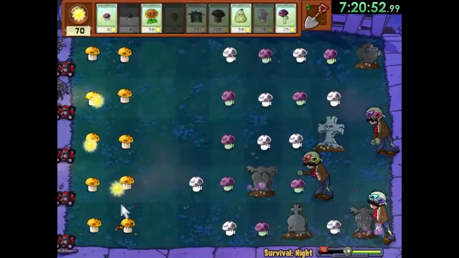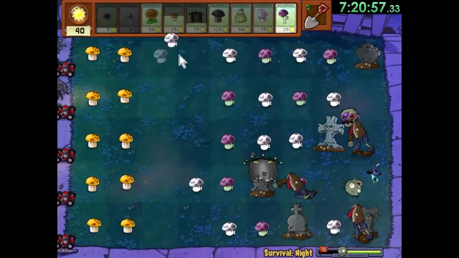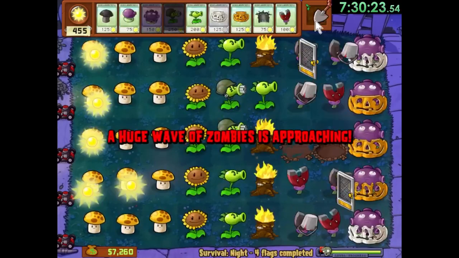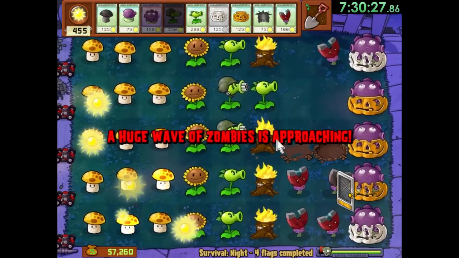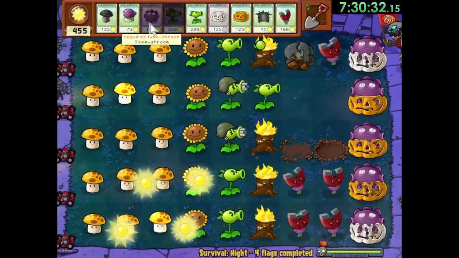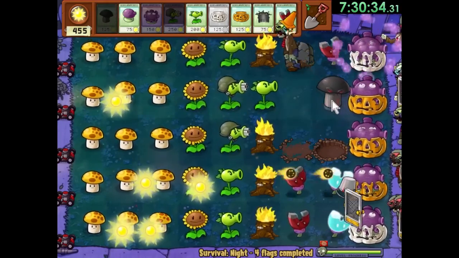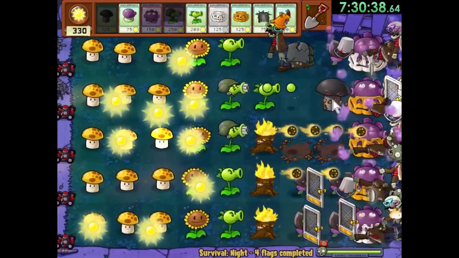And for the last easy survival, we got survival night, where we'll be using the same strategy as fog by planting a bunch of puff shrooms and sun shrooms before adding magnets, repeaters, torchwoods, and Gatling peas. The only real problem for this level is it will constantly make new graves at the end of each round and can destroy one of our plants, but it's not too big of a deal. So yeah, that's the easy survivals, but before we get to the hard ones, we got some mini games to